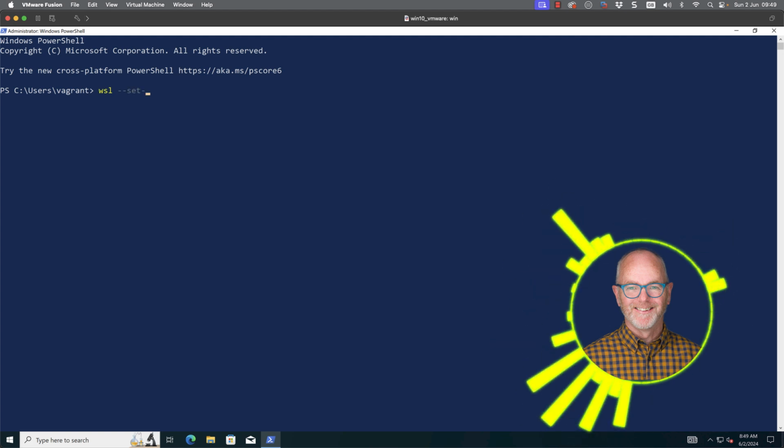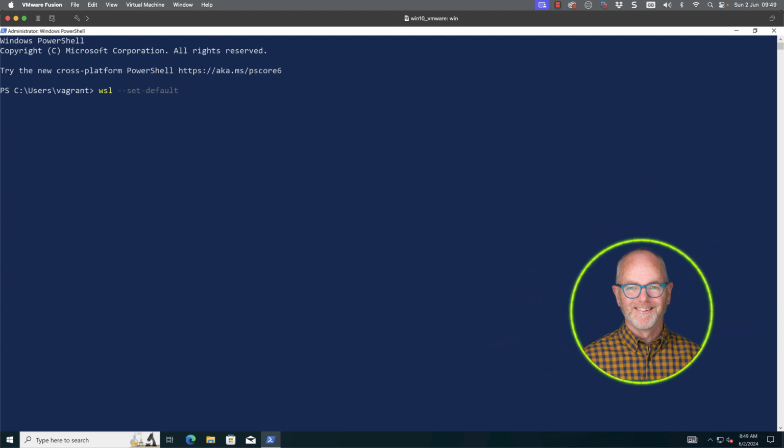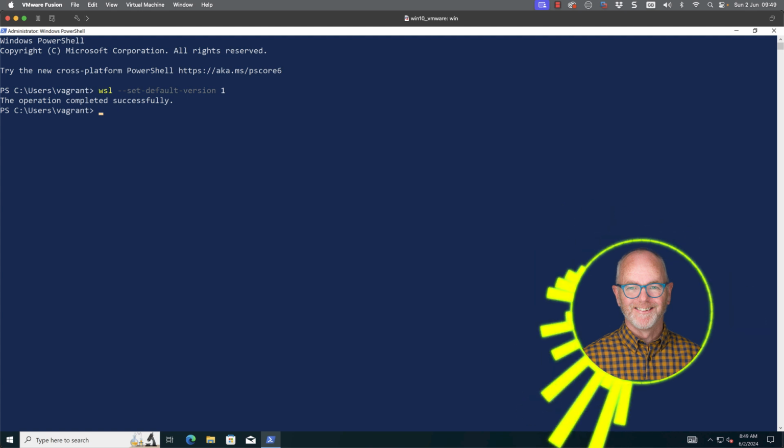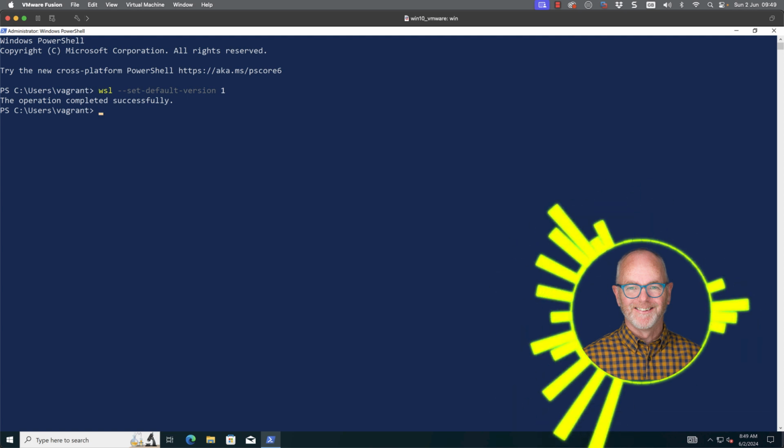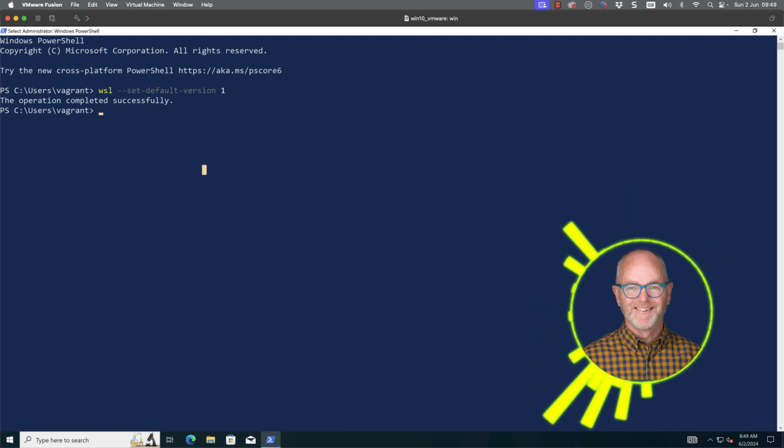I'm going to go through and first of all set my default WSL to version 1. I'm actually running in a virtual machine itself. So this Windows system you're looking at is a virtual machine, and it needs additional kernel parameters being set to run WSL2. So version 1 is going to be perfectly adequate and also uses less resource on the system.